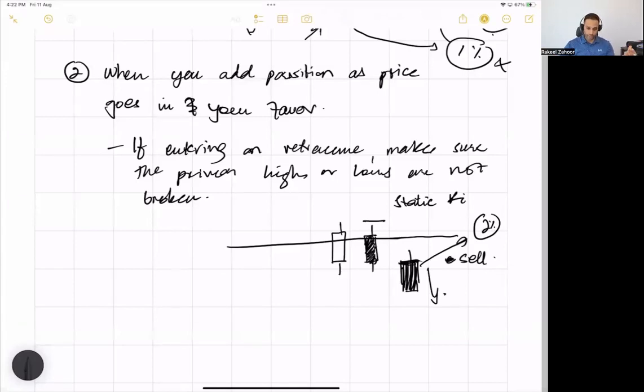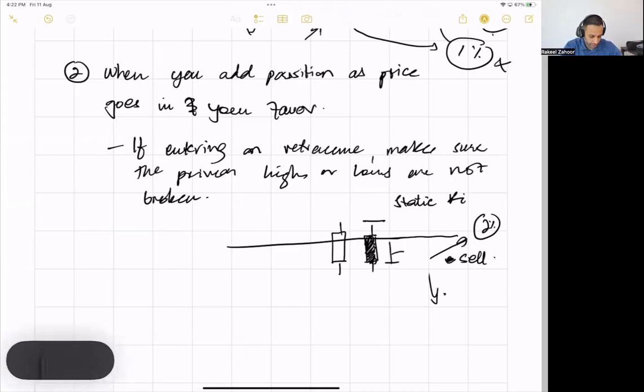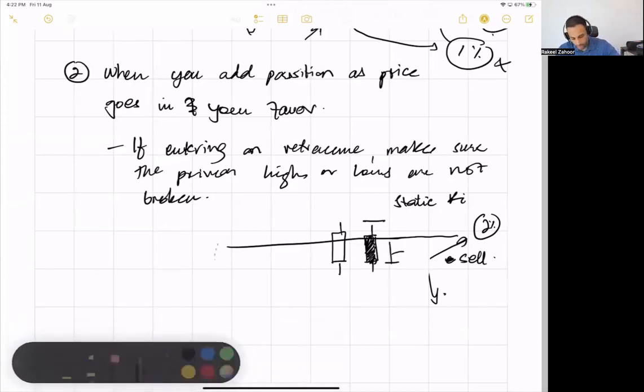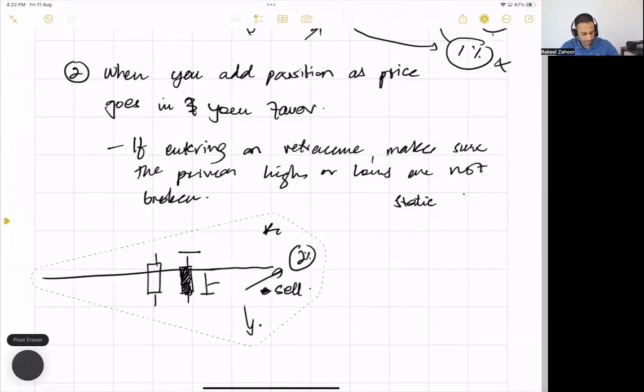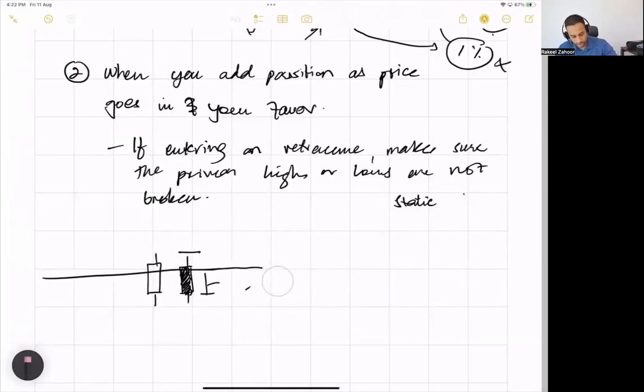So static risk, I think, is way better. It's way easier. Dynamic risk, it's a little bit difficult, right? And very quickly it can get very risky as well, because as price retraces, our brain goes into overdrive and we want to say, okay, let's say we are retracing, so someone may add a sell over here. Actually, let me just move this. Yeah, let me move this right over here and remove this,